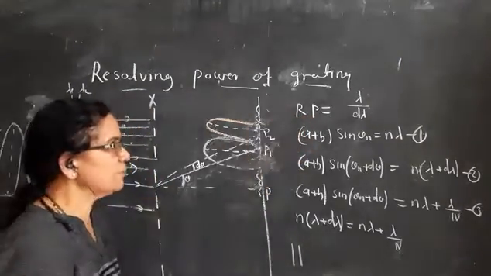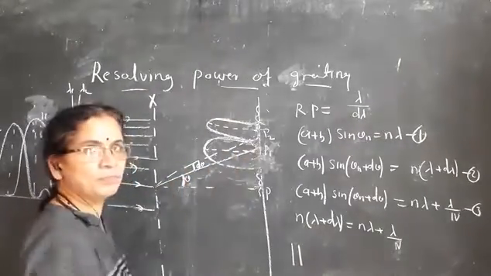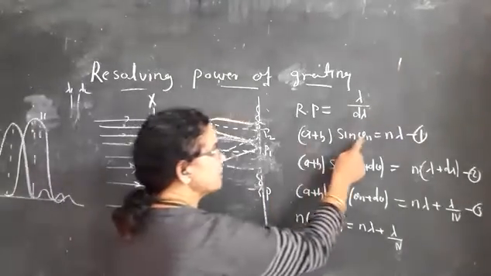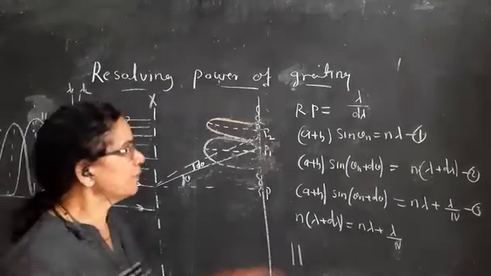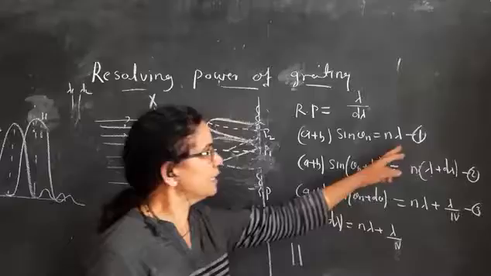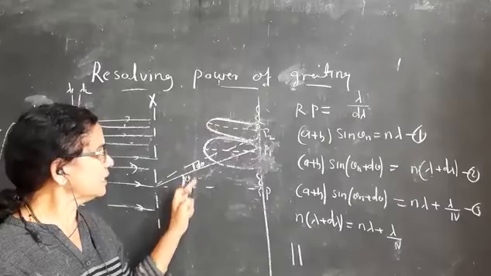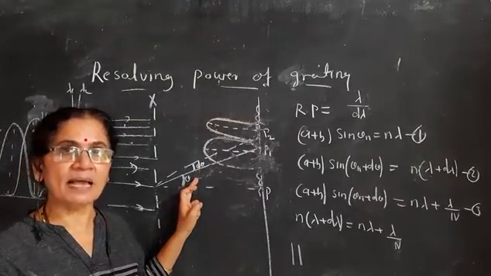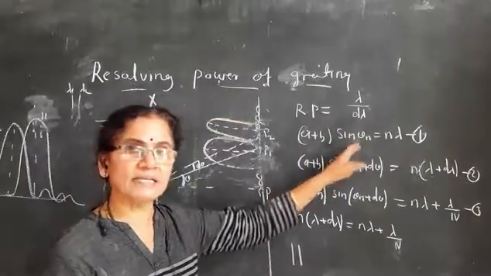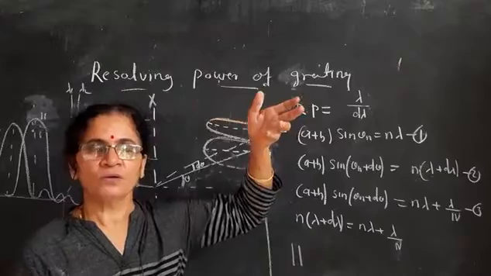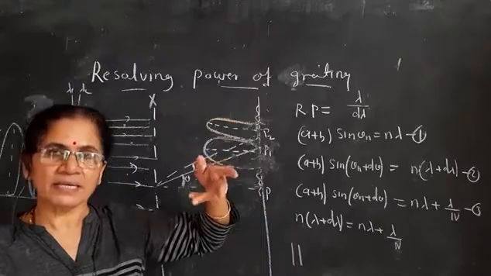Okay, so just see, the ray which is diffracted with an angle theta, and you get a maxima at a point P1. For which condition? (A plus B) sin theta n is equal to n lambda. We know this condition, we have already discussed. (A plus B) sin theta n is equal to n lambda, and that's equation 1. But the ray which is diffracted with an angle theta plus d theta, for a wavelength lambda plus d lambda, another wavelength, we can write the same condition. Theta n gives the direction of any nth order. If I put n equal to 1, it will give you first order. N equal to 2, you will get a second order, and so on.